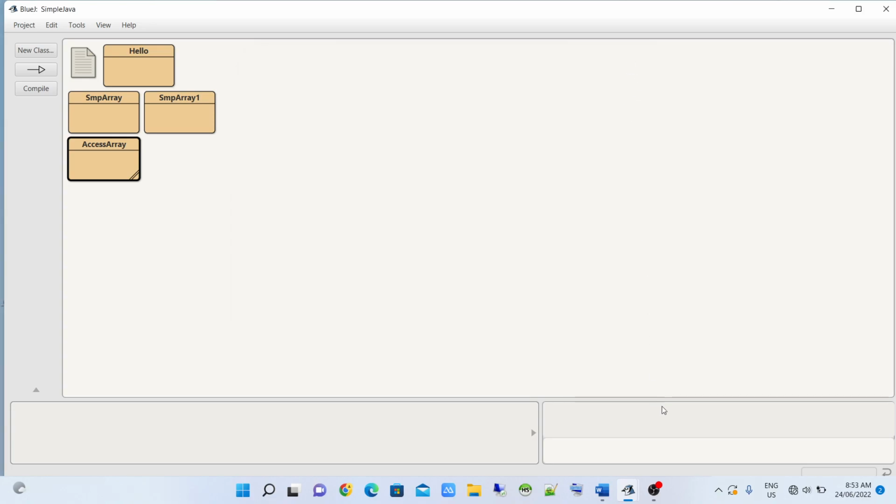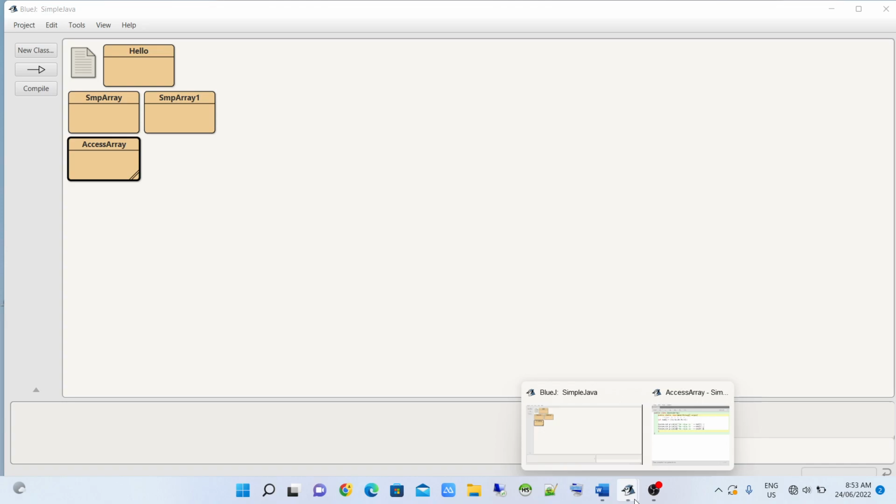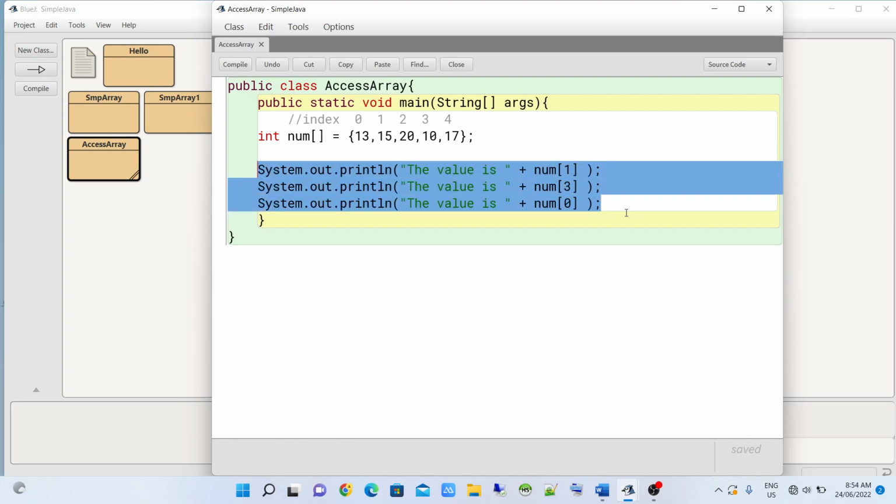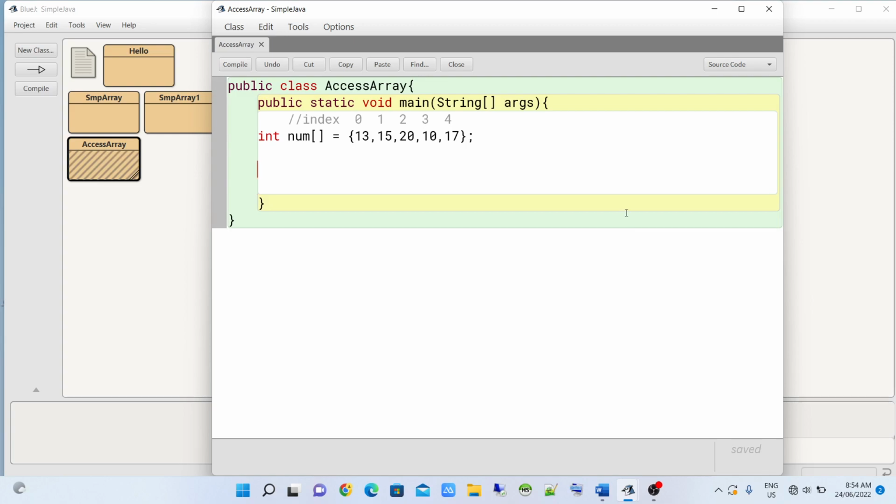Okay, for example, if we have lots of arrays, for example, an array of 50 or more than 5, we will use now our loop. Take note that our loop can be a while loop, a do while loop, or a for loop. So I advise that we will use